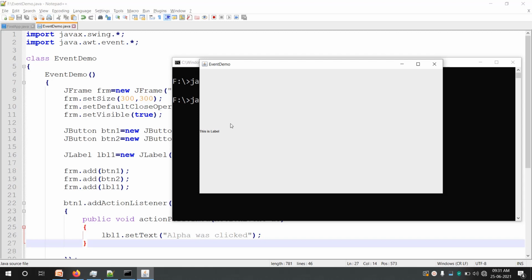When I added the second button, even this button was added at the center but on top of the first button. So the first button is not visible, the second was visible, but at the last, I have added a label. So even the label is added at the center, hiding both the buttons, so only the label is visible to you, and the label is taking the complete space which is available on the form, remember. And that is the reason we are not able to see other buttons or other components, only the label.